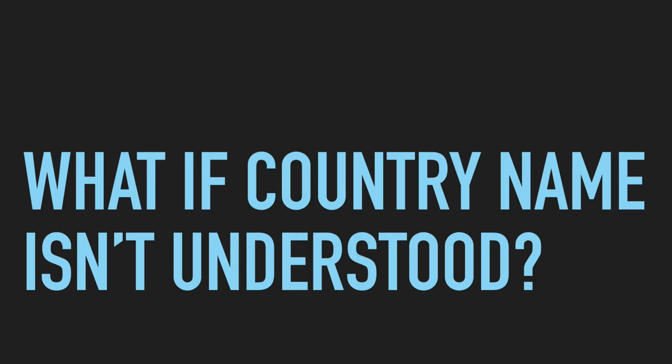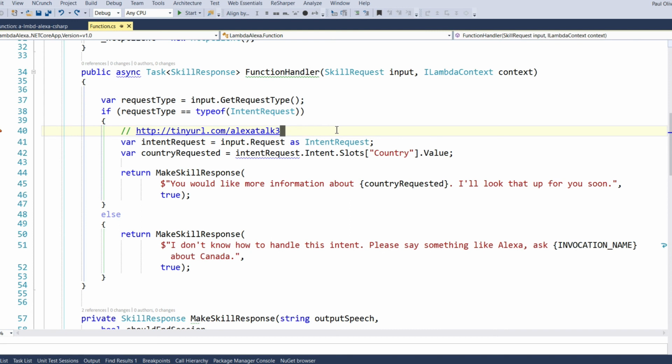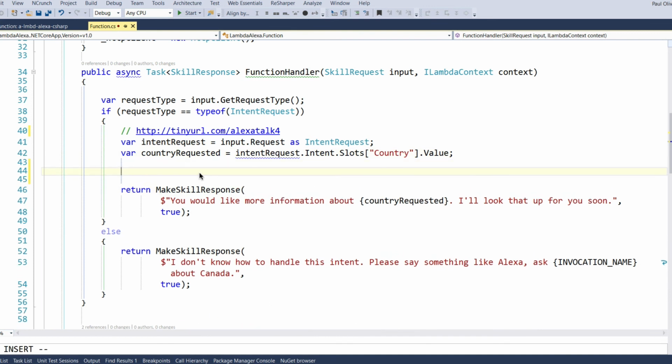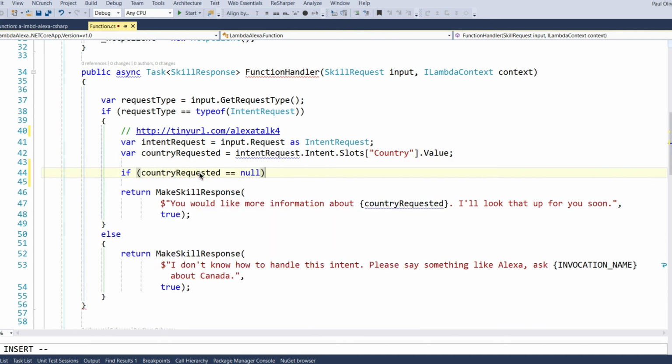What if your country name isn't understood? For example, what if someone says, Alexa, ask country info about Flu Flarm? We need to have a response for that situation. Go back to Visual Studio, and the code for this will be at tinyurl.com/AlexaTalk4. Now we are going to read the country requested, and if it's null, then we know that Alexa didn't